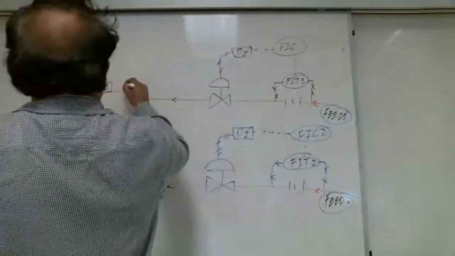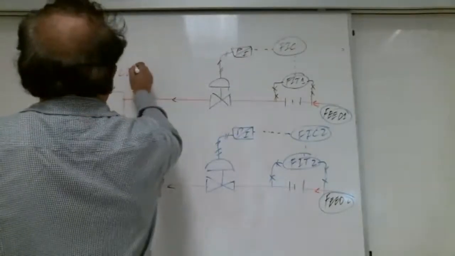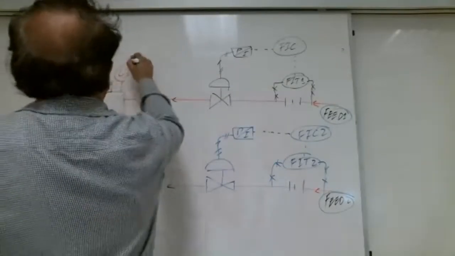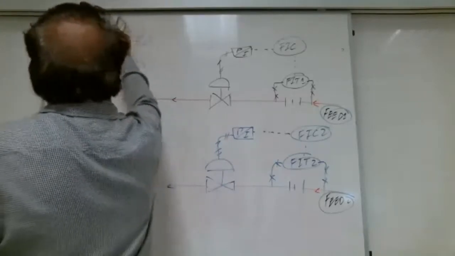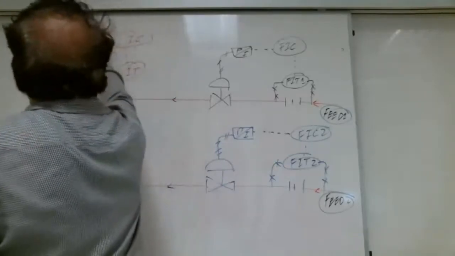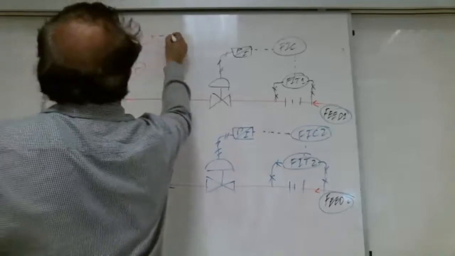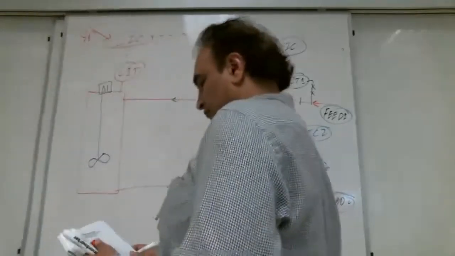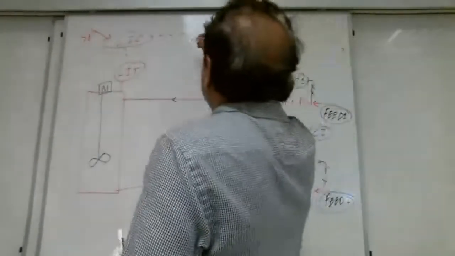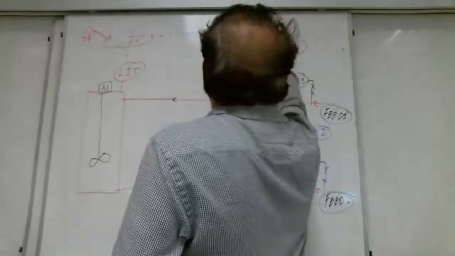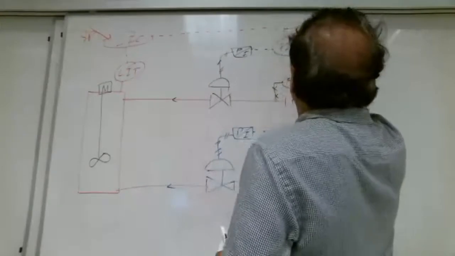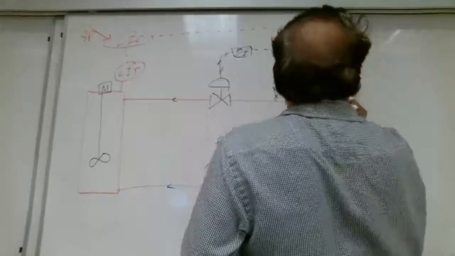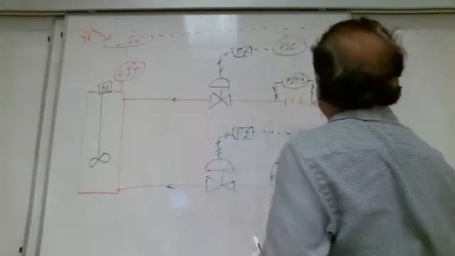Here on this tank, we have a level indicator transmitter. On this tank, it is sending signal to the level indicator controller. It has a set point. Output of this controller is going as a set point for this controller also, and as a